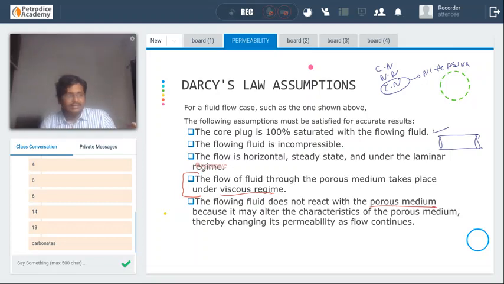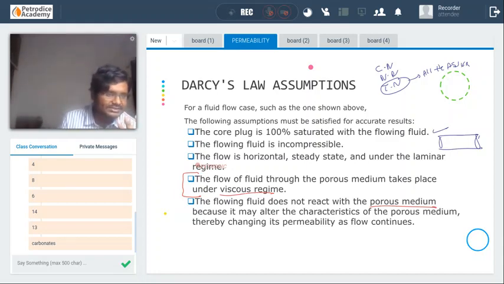See, basically there are three types: the capillary regime, the viscous regime, and gravity. We need to make sure that no extra capillary pressure is present inside the core sample. And we need to make sure gravity is not playing any effect on this particular flow also. Three flow regimes are generally present: viscous, gravity, and capillary.